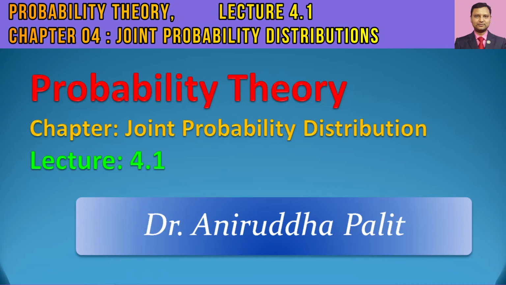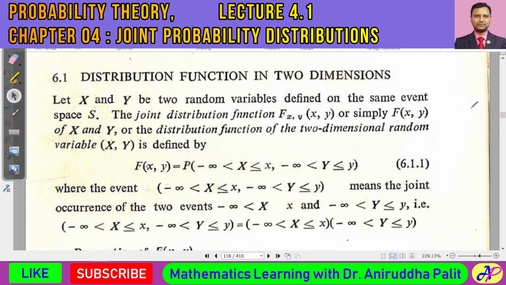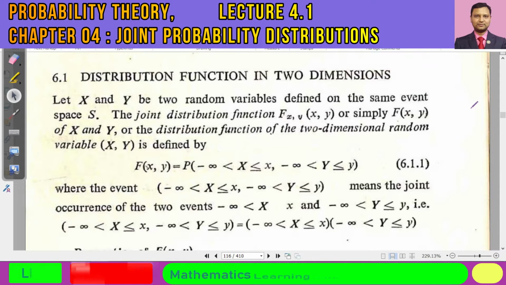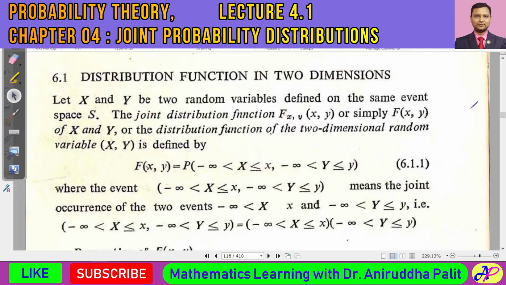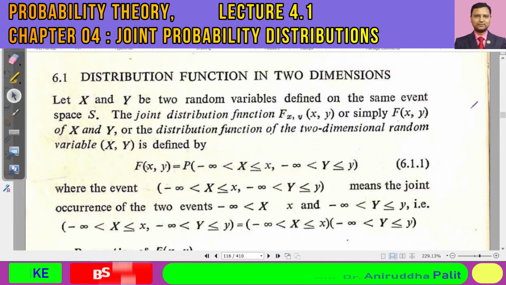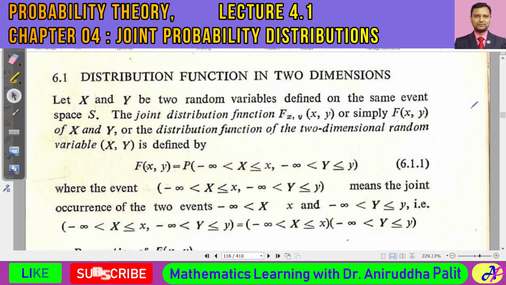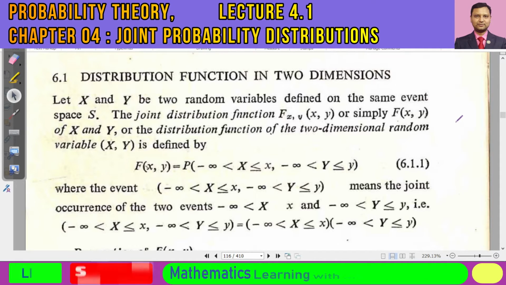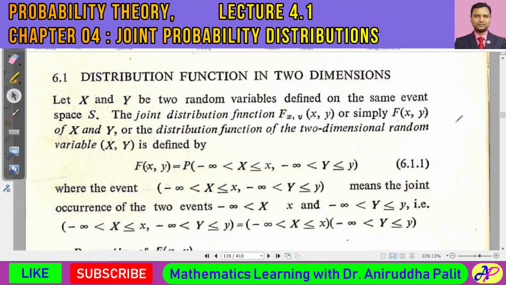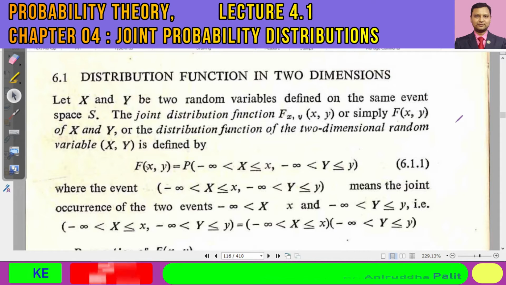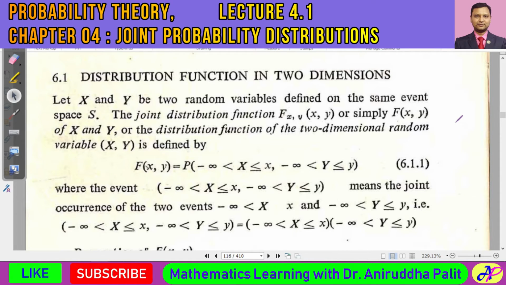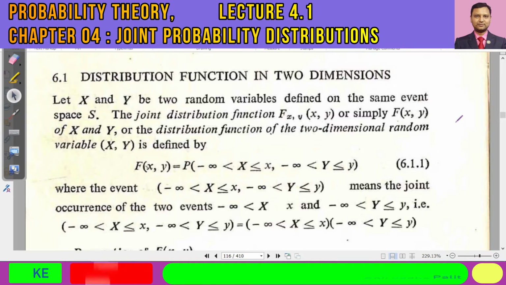Hello everybody. So what is this two-dimensional distribution? Over here, we shall consider two random variables at a time simultaneously, x and y. We shall consider compound experiments where two random variables are involved, and the joint distribution function of the random